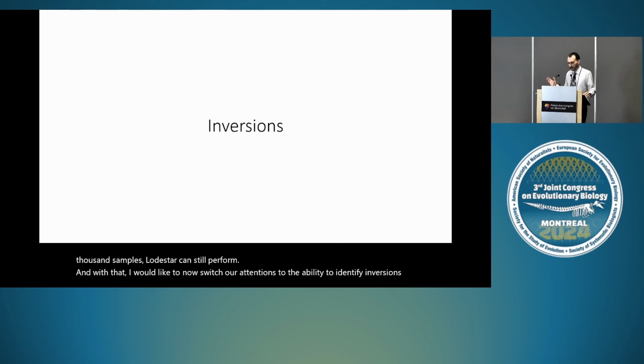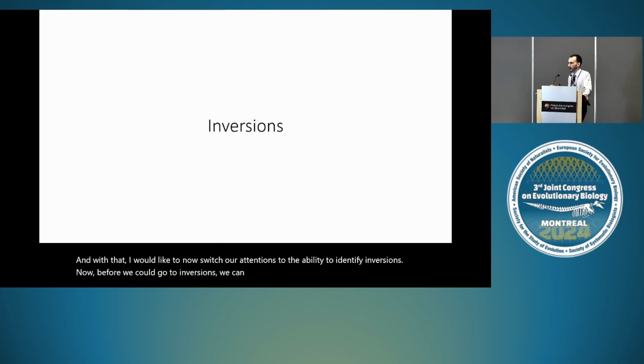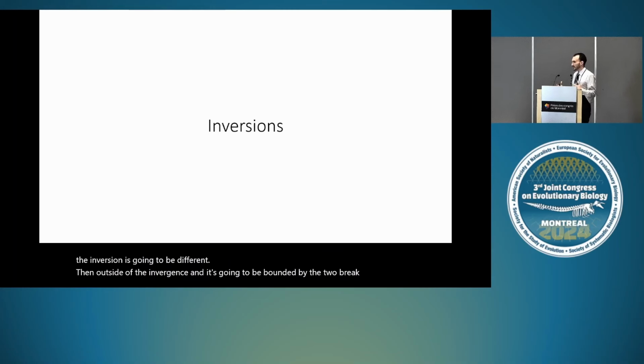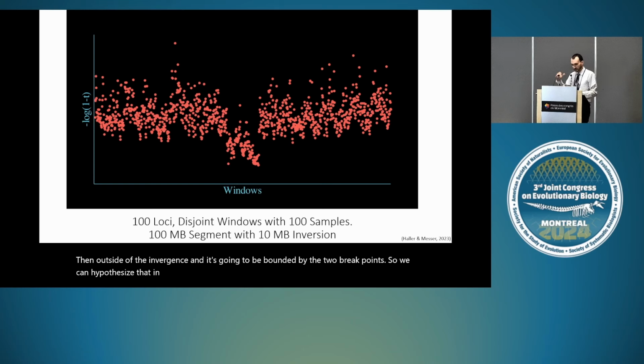Now, before we go to inversions, we can actually hypothesize what we're about to see, right? The T statistic is really a measure of relatedness or dissimilarity. Now, if we have a region that's inverted, it's going to be bounded by 2 breakpoints. We know that inversions suppress recombination. And if recombination is suppressed, the relatedness within the inversion is going to be different than outside of the inversion, and it's going to be bounded by the 2 breakpoints. So we can hypothesize that in our resulting graph, the T statistic is going to change